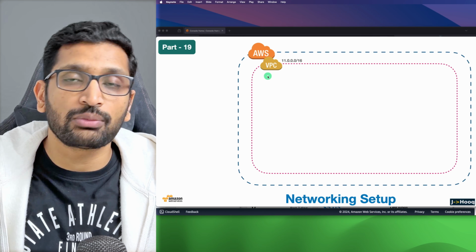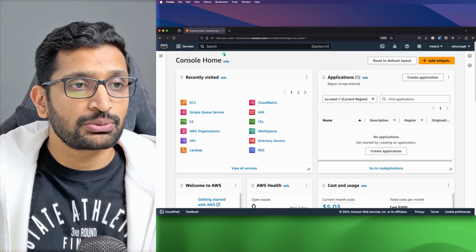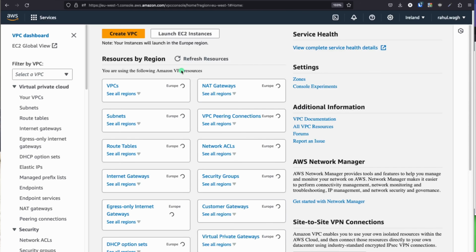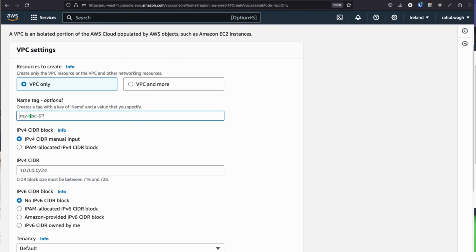So let's head over to my AWS console and start setting up our VPC. Here is my AWS dashboard, and in the search box, you need to type VPC. Click on VPC, and here click on create VPC. Here we need to create the VPC by assigning the name. I'm just going to select VPC only, and the name I'm going to put is demo VPC endpoint